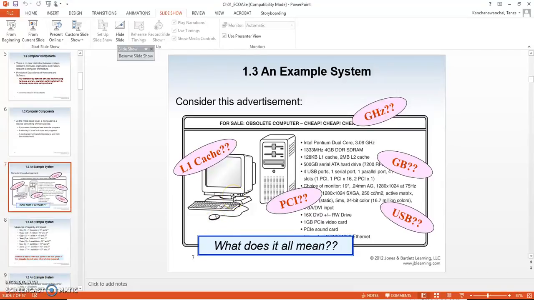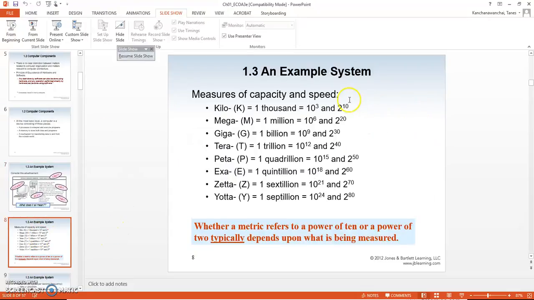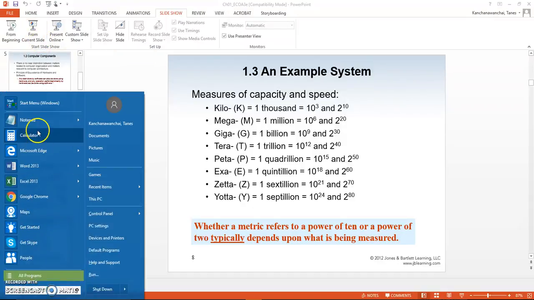Alright, so let's review this on the videos. Talk about CPU, and we talk about 3.06 gigahertz. Now we talk about metrics, right? Giga is 10 to the 9, which is 1 billion. So for example, if I have a CPU, okay,